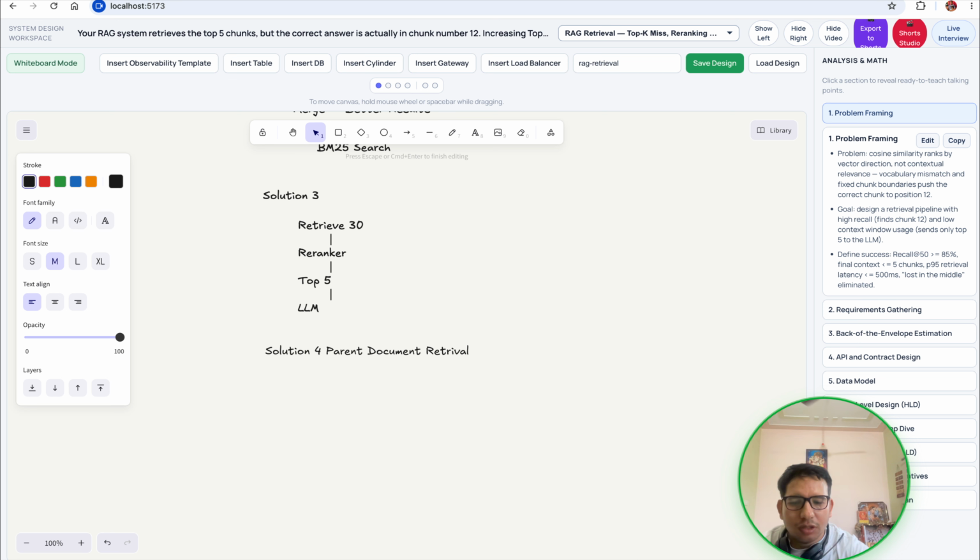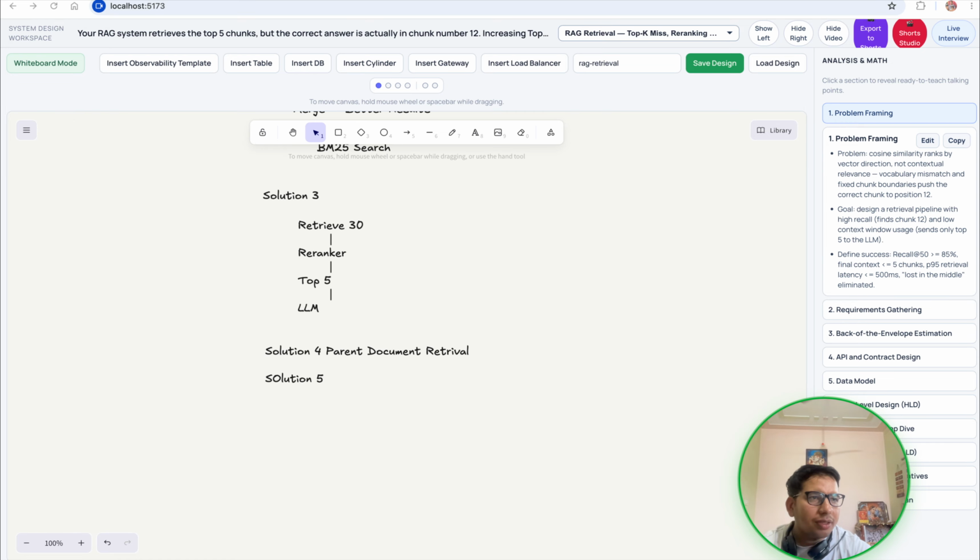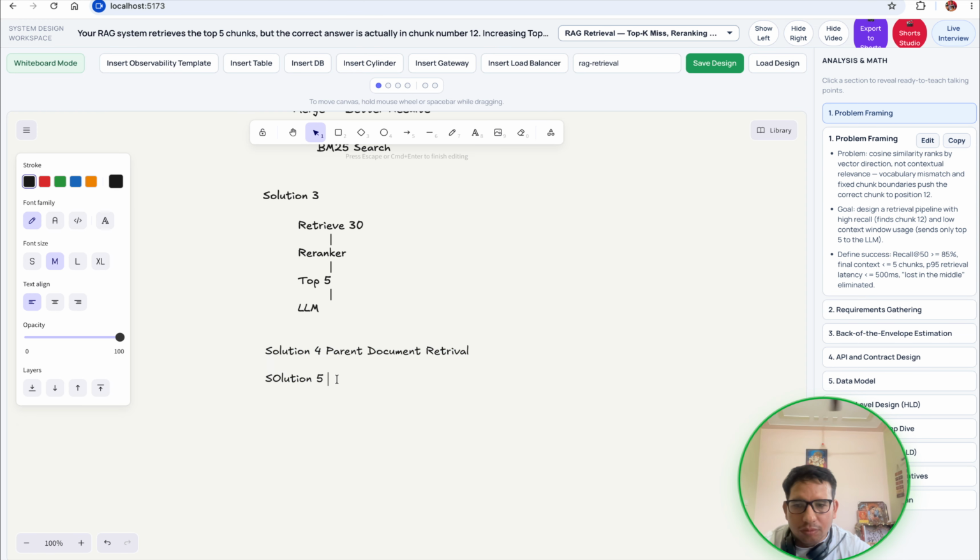Now solution 5 is multi-stage retrieval. The modern RAG systems don't retrieve once, they retrieve in stages.